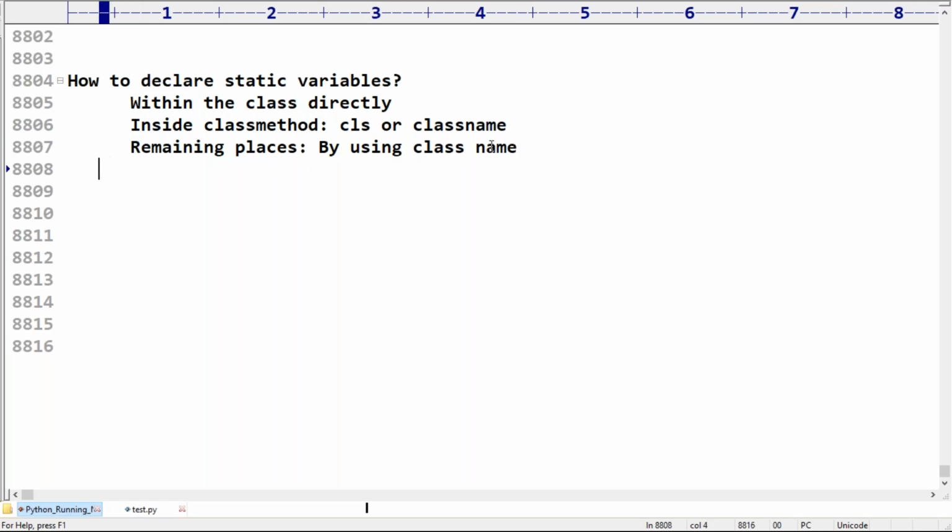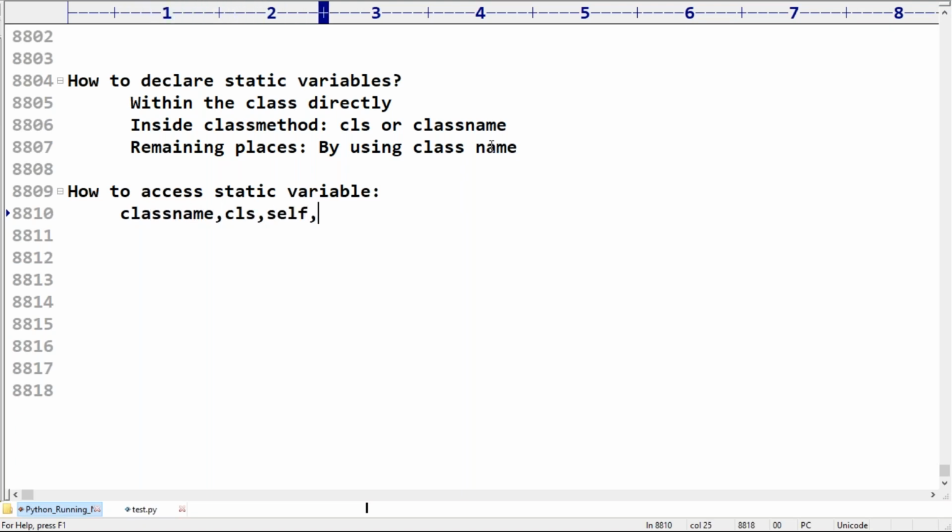Next, how to access a static variable? A static variable we can access either by using class name, CLS, self, or object reference. Remember this: to get the value, you can even use self and object reference.